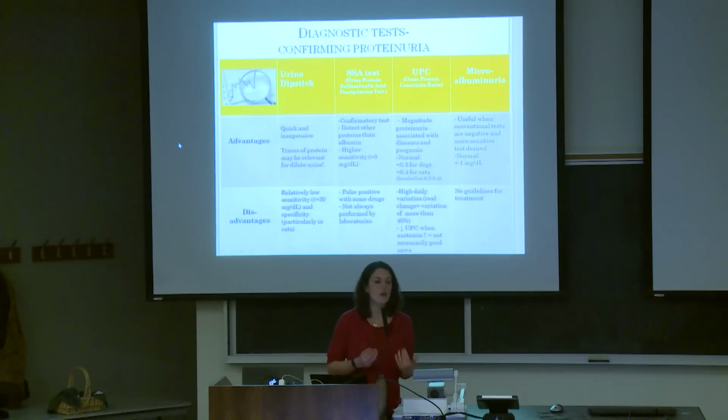Within the normal range, to be sure that there is an actual variation that is abnormal, you need to have a difference of 90% of this UPC. So almost double before we know, when it's within the normal range, that there is a change. So what I recommend is, when you want to evaluate the UPC, that you do an average over